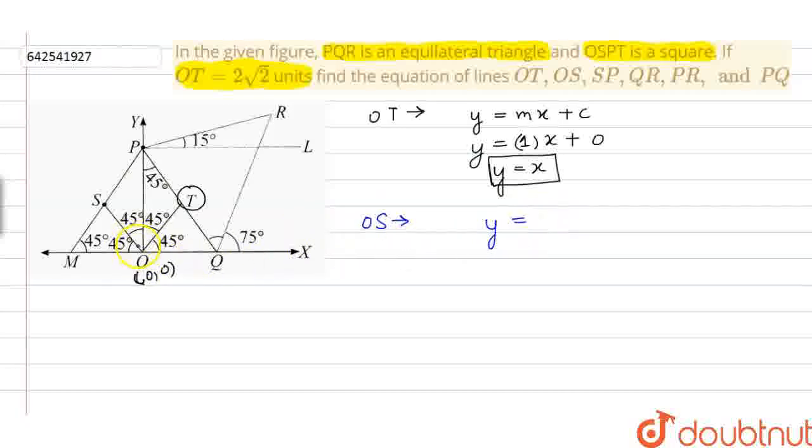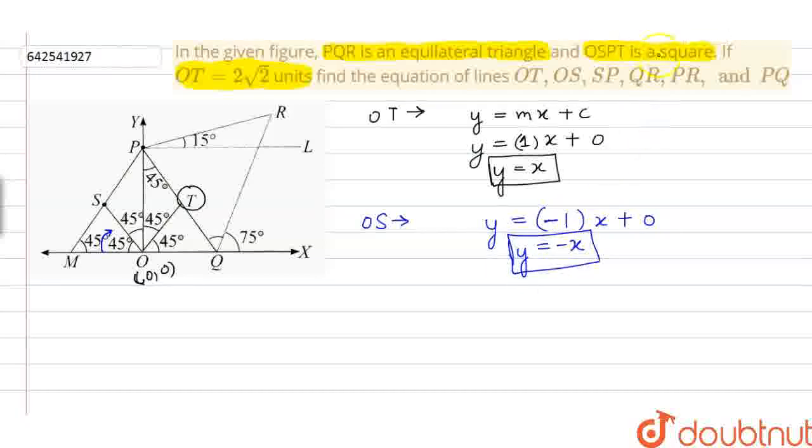And m in this case would be minus of tan 45 degrees because this is measured in the clockwise direction, right? So that would be minus of tan 45, that is minus 1, and this is x plus c. Again c is 0 because this line is passing through the origin, so the intercept on the y axis of this line is also 0. So we can write y equals minus x, which becomes the equation for our line OS,